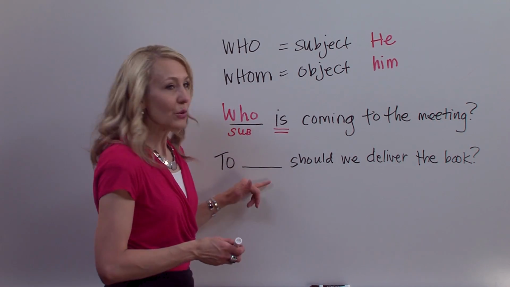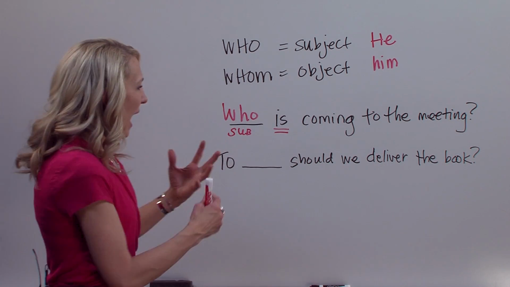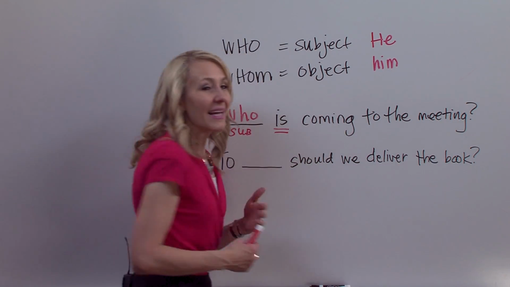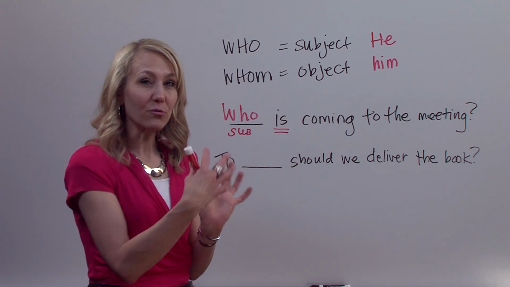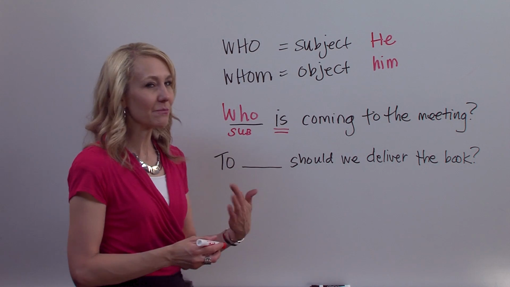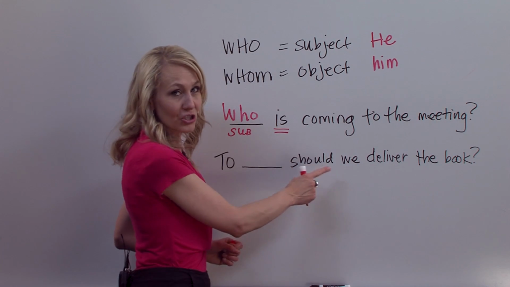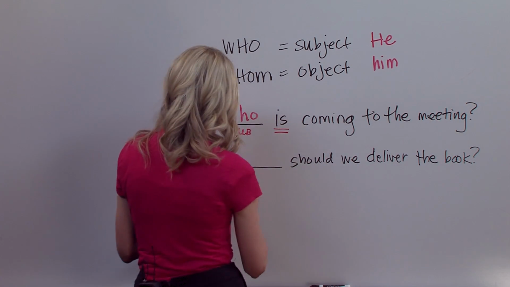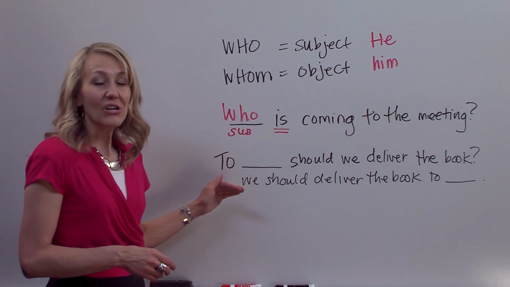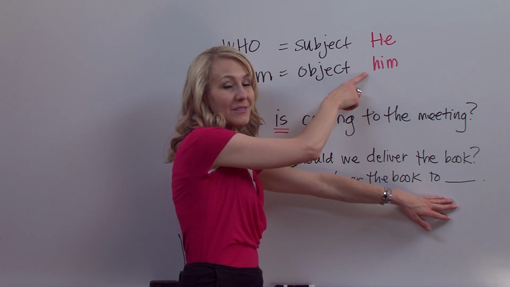Next sentence: to who should we deliver the book, or to whom should we deliver the book? Now, when I have a to who or a to whom question, here's how I analyze and reframe the question so that I can hear what case I'm dealing with. I simply answer the question. So if I'm saying to who or whom should we deliver the book, I answer the question. So I say we should deliver the book to, and then I can easily put in my pronoun test, to